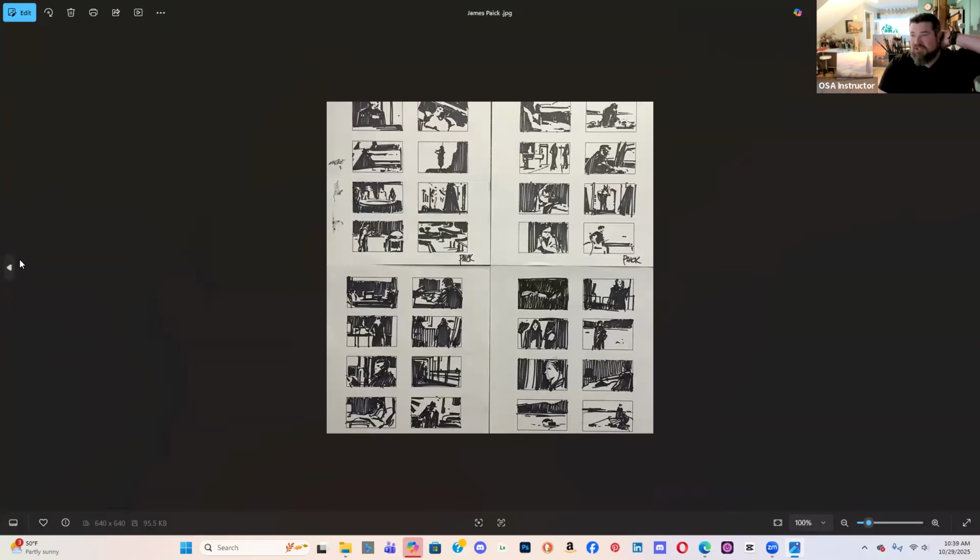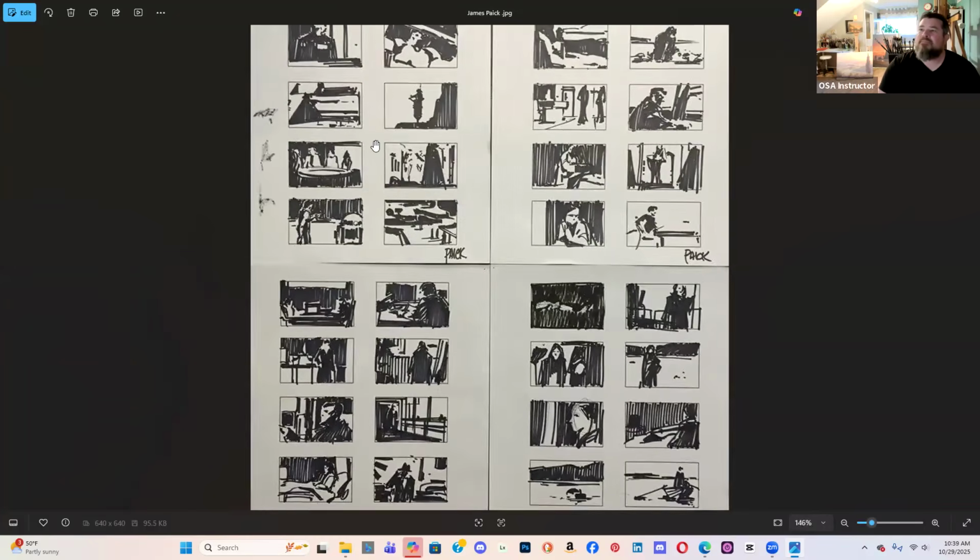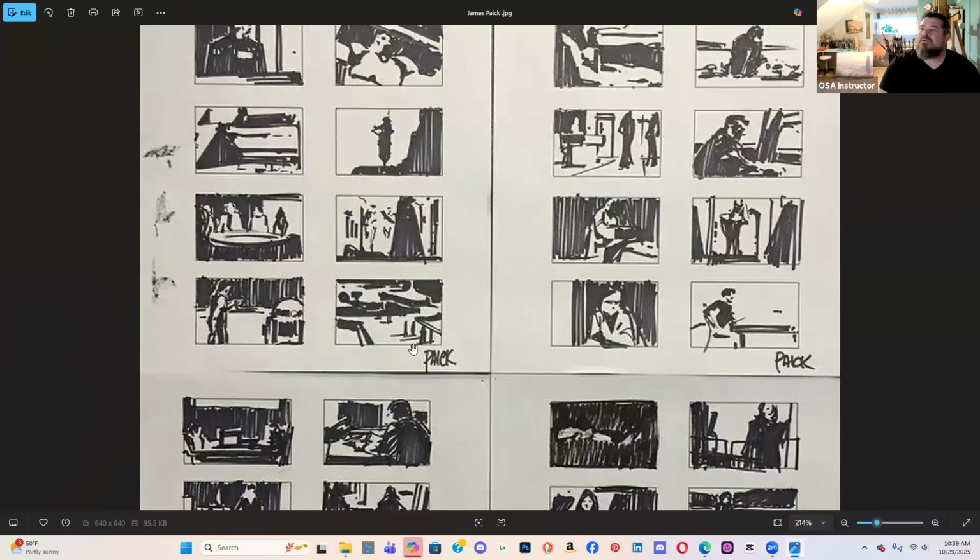Value studies, structure before detail. So this is James Pake, who